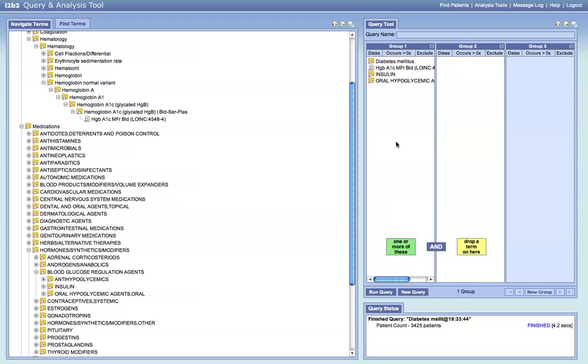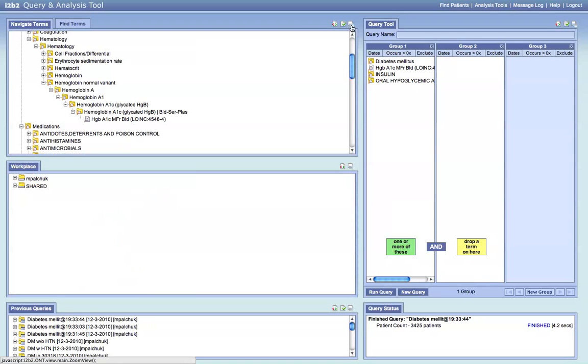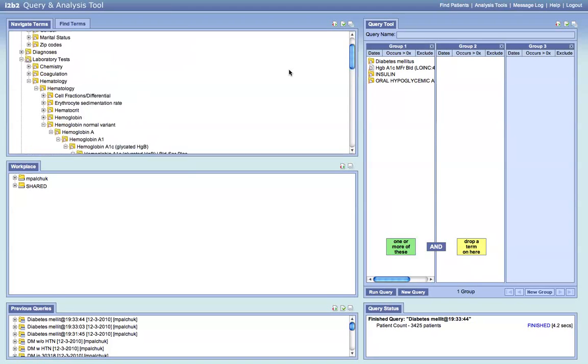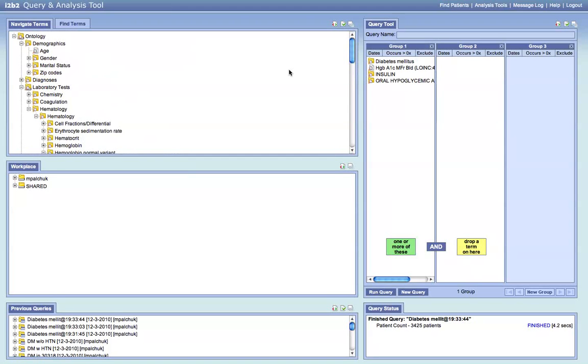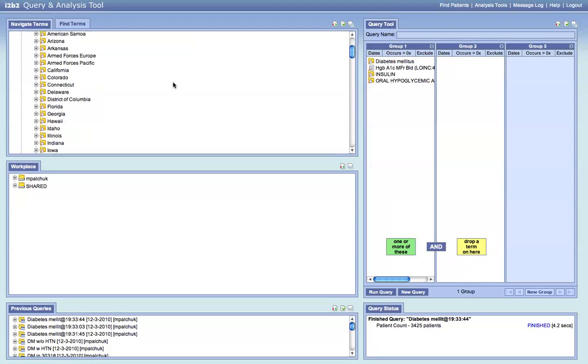So now we have a cohort of patients who satisfy our criteria of diabetes. Let's assume that I am interested in patients that live in a certain geographical area. So I'm going to go onto demographics into zip codes. We'll drill in Georgia, Atlanta,